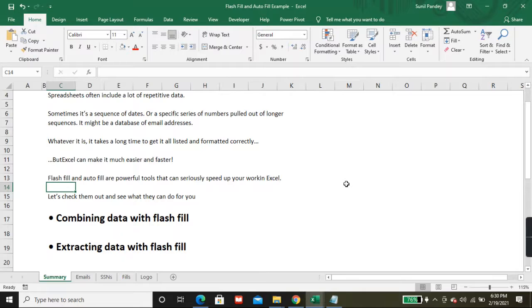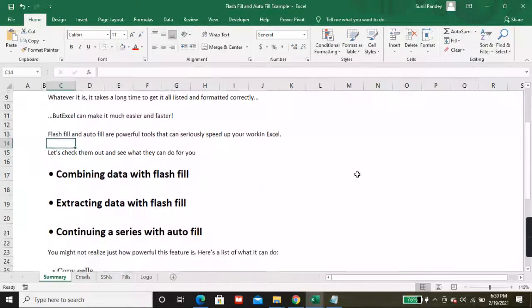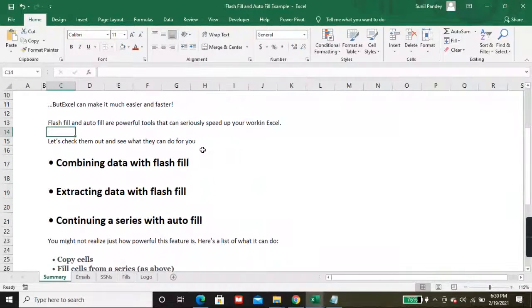Today we are going to see combining data with flash fill, extracting data with flash fill, and continuing a series with autofill. You might not realize how powerful this feature is. Most people don't know where it is and in which scenario you can use it.